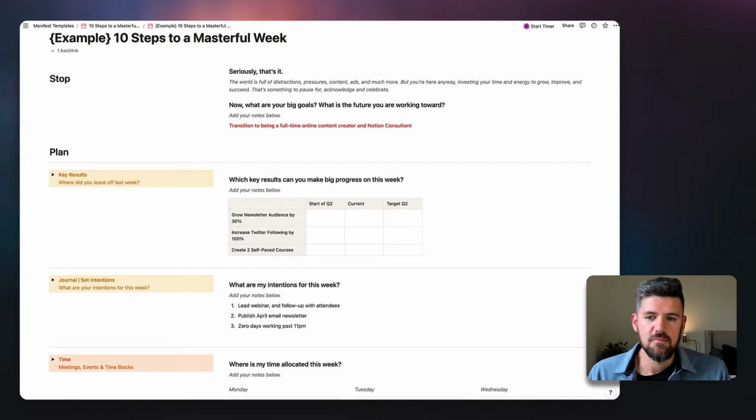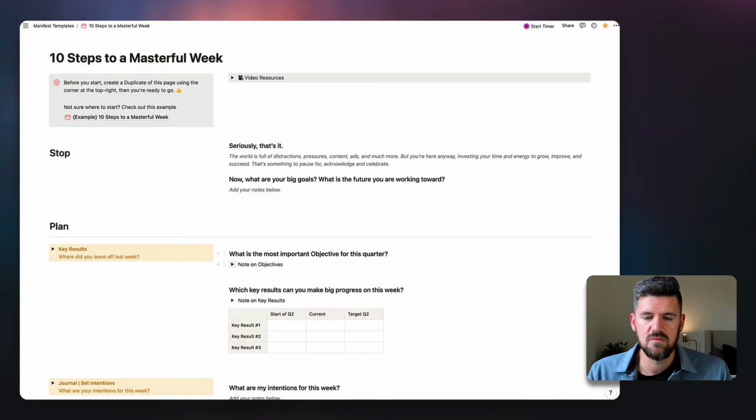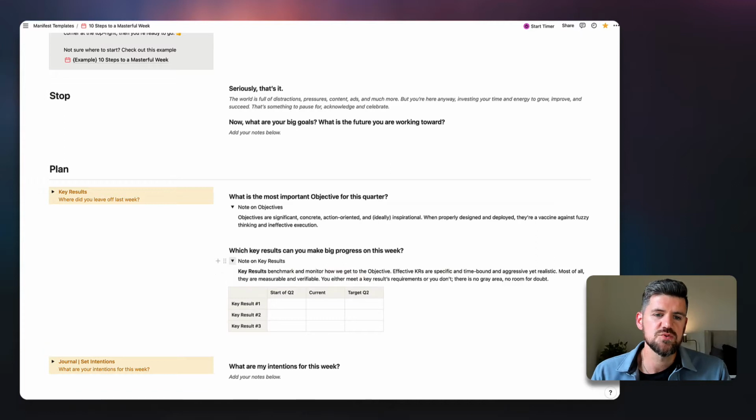So from there, thinking through if we have key objectives, maybe it's releasing a certain number of blog posts or YouTube videos, getting into the metrics aspect of going from quarterly objectives to specifically key results. And if we go back into the exercise, there's some added notes on objectives and key results.